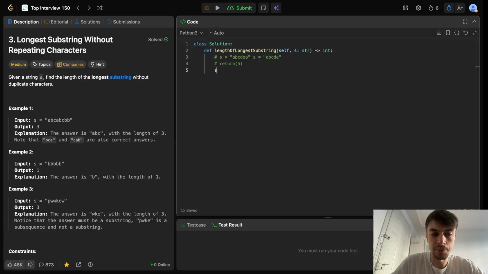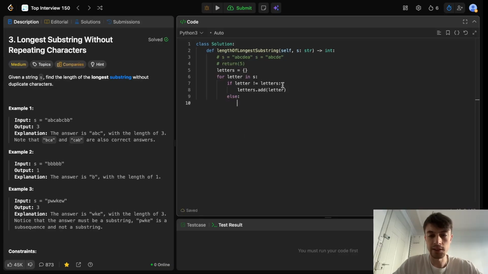So S is our string, and we need to define a set. I don't know how to call it. Okay, let's call it letters. So letters is an empty set, and now we want to scan our string. So for letter in S, if letter is not in letters, we add letter to letters, with letters dot add letter. Then, if instead letter is actually in letters,